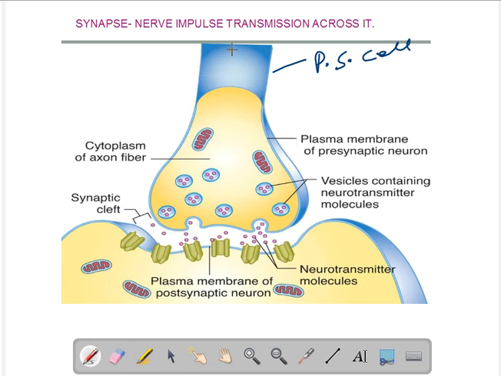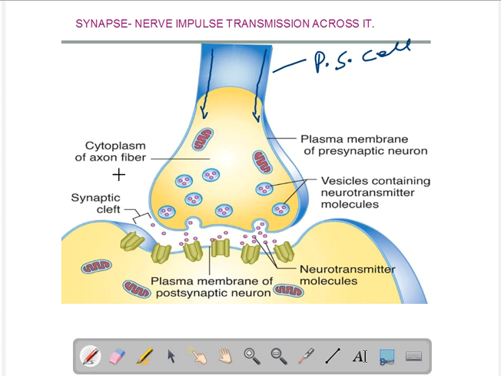So let us draw. Let us say that this is the electric impulse that is coming, a single electric impulse that is traveling towards the knob. Once the electric impulse reaches the knob, a certain kind of chemical change takes place. And what is that chemical change? That chemical change is that